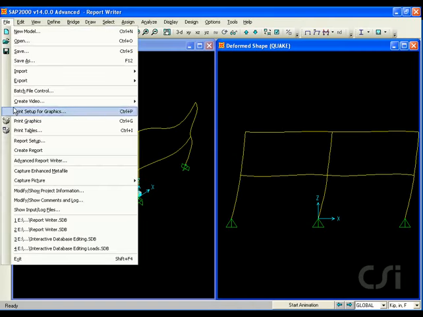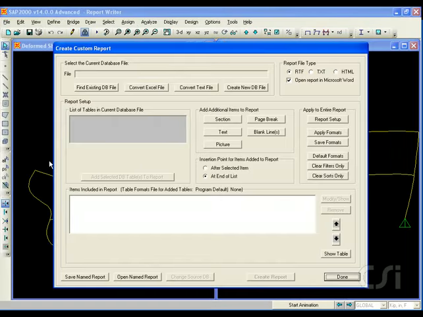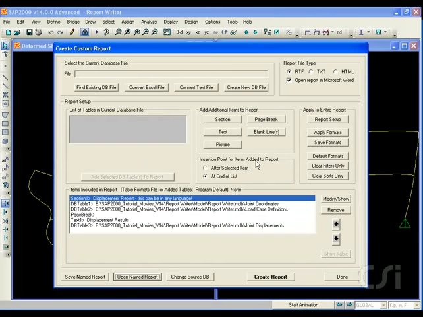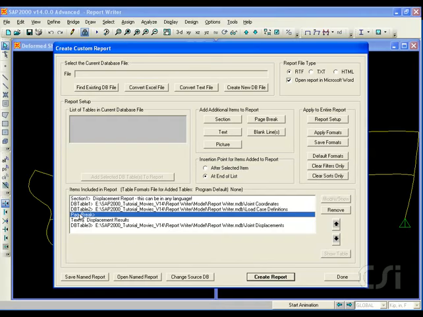We may do so by going back to the Advanced Report Writer command and opening our previously saved report named Report. For this example, we will add a picture right after the page break. To do this, highlight the page break in the list and click on the After Selected Item option. Then click on the Picture button